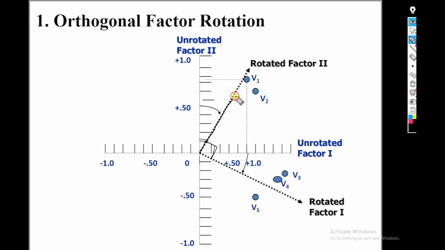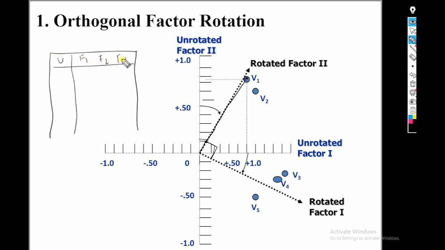When we rotate this, we again project the variable v1. After rotating, this is the variable with f1, f2, f3. Now what is the value? It is almost 0.9, and when we project vertically on the other axis, it is almost 0.1. So it reduces the value. Earlier it was 0.5; when we rotate it, the value on the other axis is reduced.